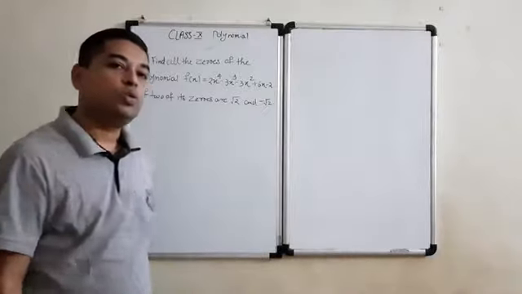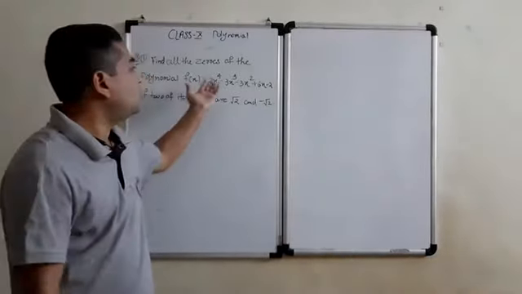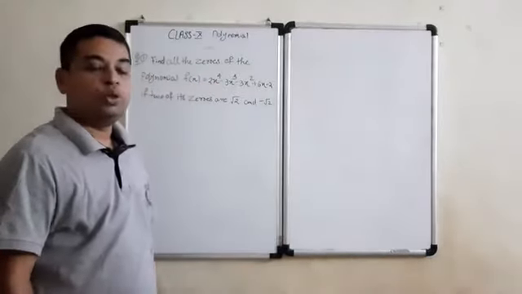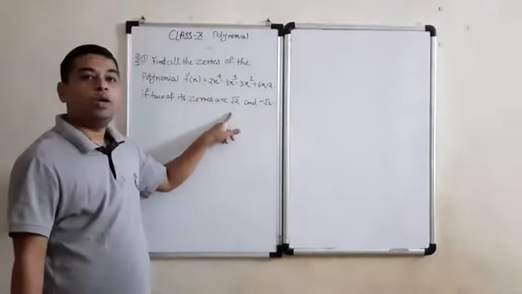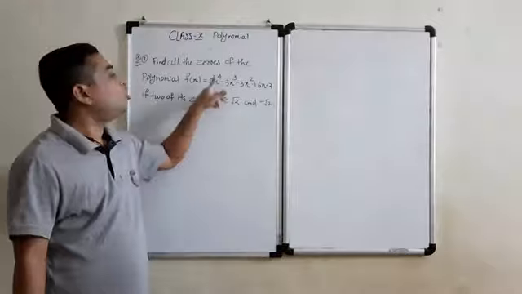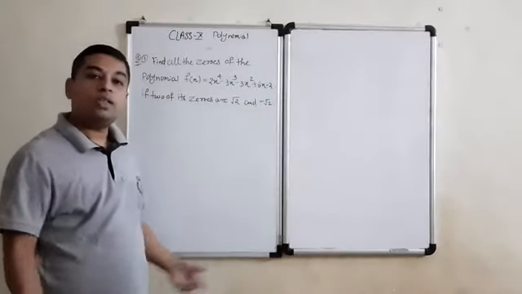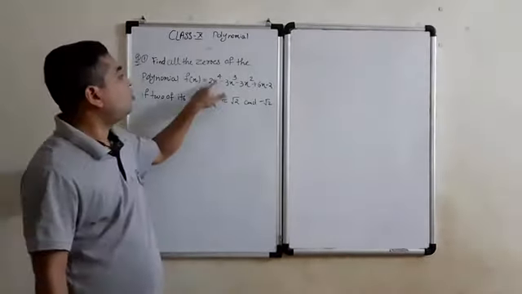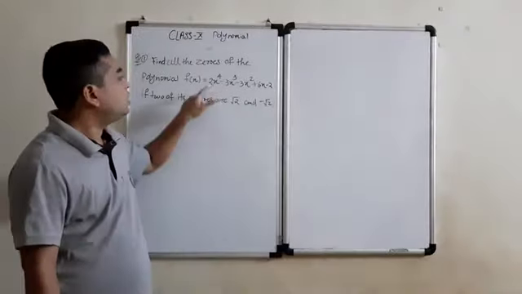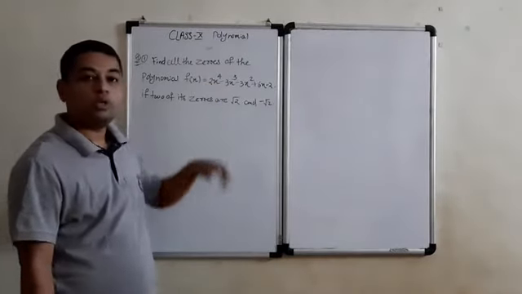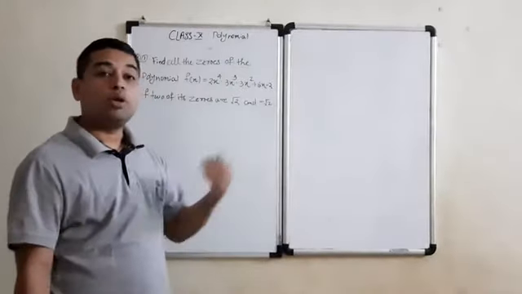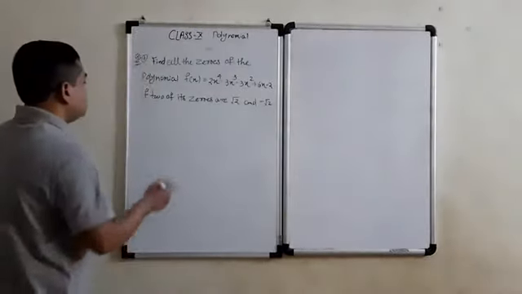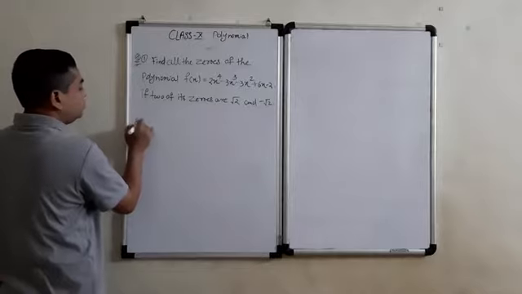So first we should know how many zeros are there for the given polynomial. So we know that fact, the number of zeros for any polynomial is equal to the degree of the given polynomial. And what is degree? Degree means the highest power of variable which is used. So here the highest power of variable is 4. It means the degree of the given polynomial is 4. So the number of zeros will be 4. So this fact we are knowing.